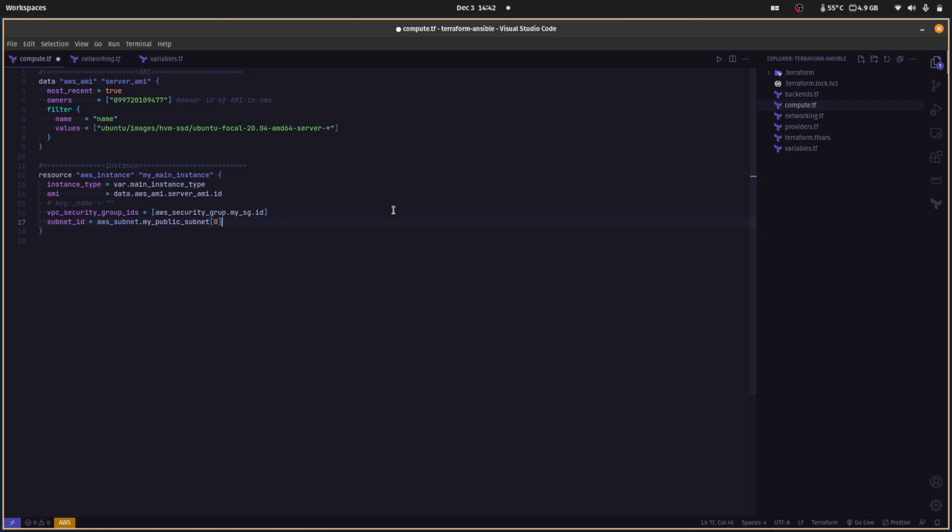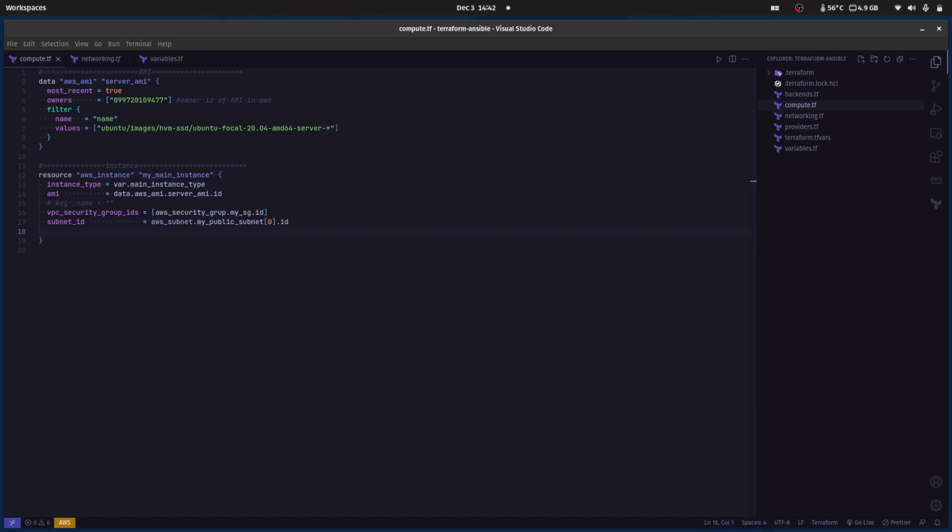After that, we're going to specify our root block device, volume size equals var.main_vol_size. We're going to specify this as a variable also. So let's head over here, variable main_vol_size, type equals number, since we're going to be specifying a number, not a string. In default, we will just say 8, and this is in gigabytes. If we head to the AWS instance docs here, I've already scrolled down for you. You can see volume size of the volume in gigabytes. So just keep that in mind, and then we'll head back over to our